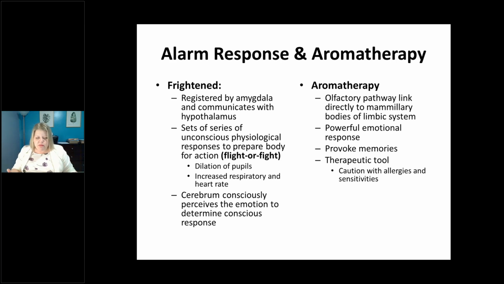The cerebrum consciously perceives the emotion to determine the conscious response, but this happens after the actual physiological response occurs. In other kinds of neurologic conditions like anxiety, it actually could be the opposite, where the automatic thoughts that come up trigger an emotion and a physiological response, and they're all tied into each other. When you're trying to treat something like anxiety, you really have to pay attention to those negative automatic thoughts, or NATs as I call them,